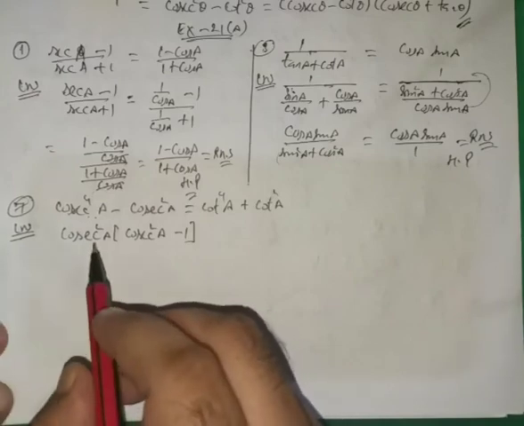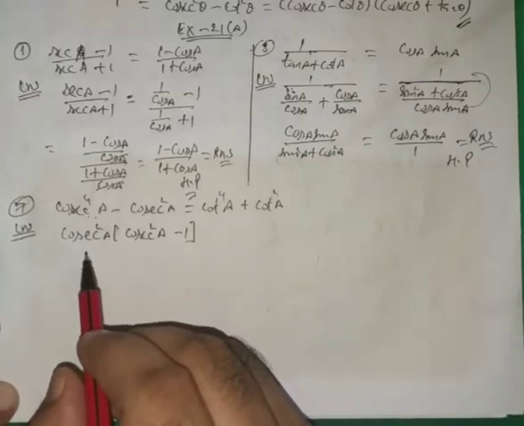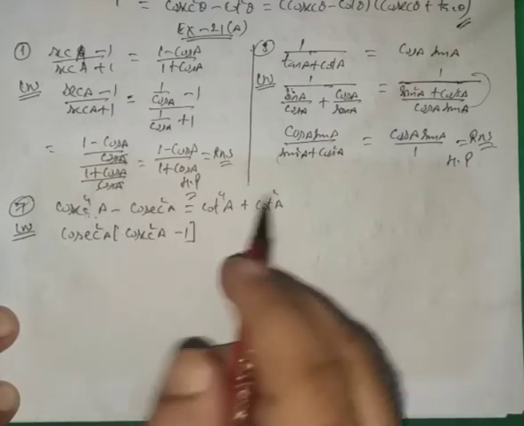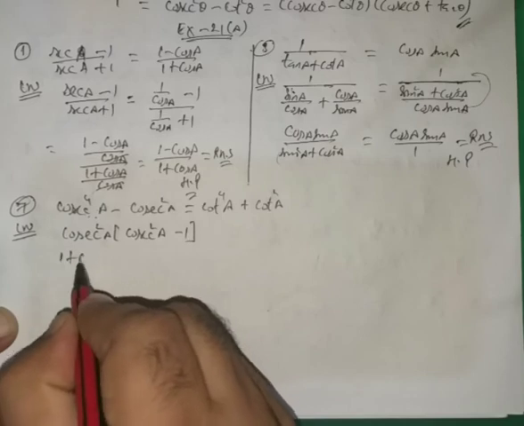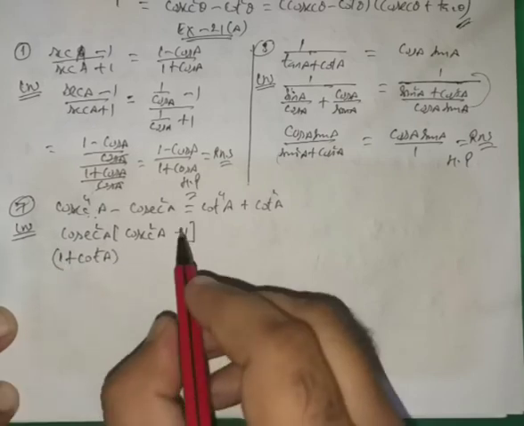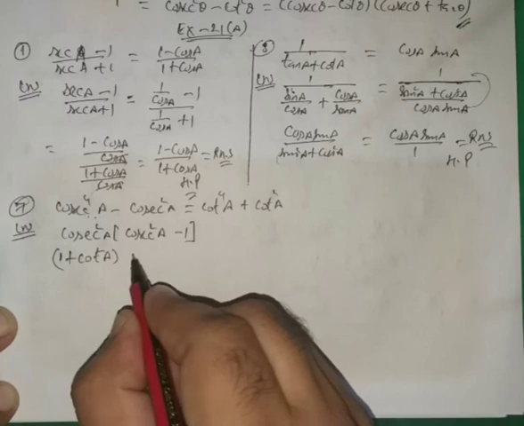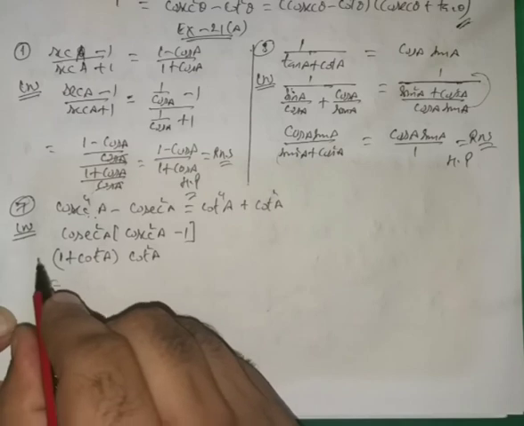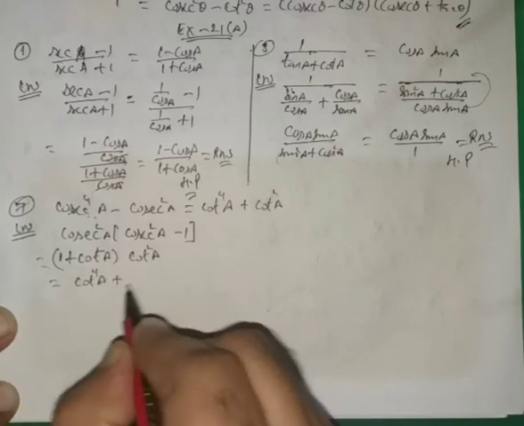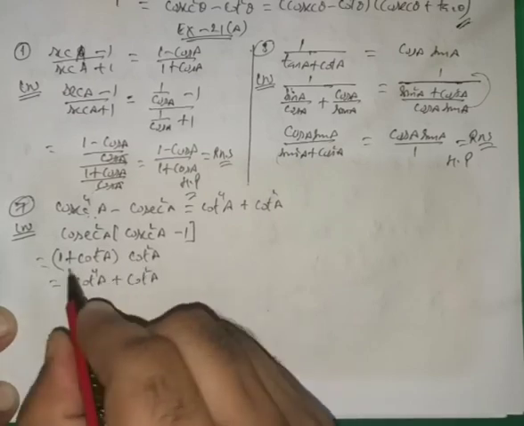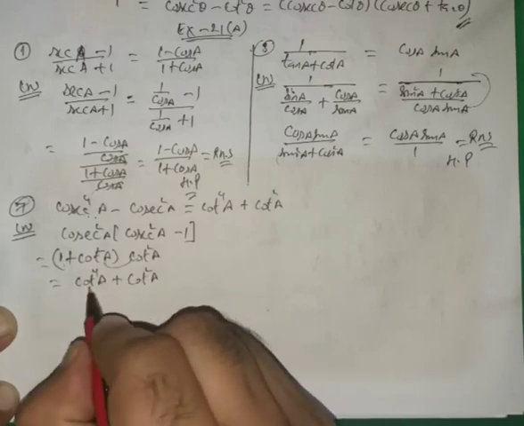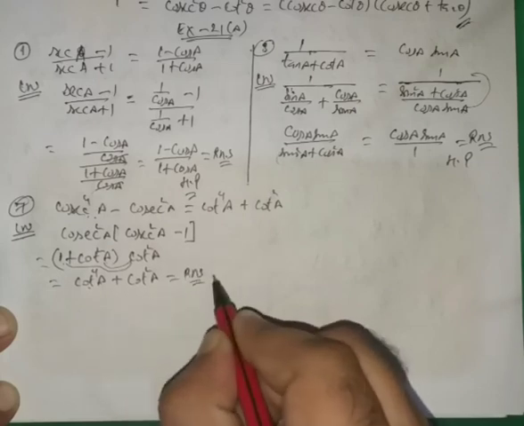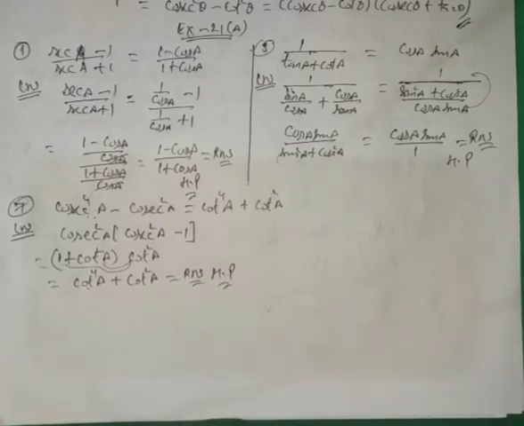So looking at the identities that we have done, cosecant square A is equal to 1 plus cot square A. So here we have to convert cosecant in terms of cot. So cosecant square A can be written as 1 plus cot square A, and cosecant square A minus 1 is equal to cot square A. So by using the identities, now I am opening these brackets, so this will be equal to cot raised to power 4 A plus cot square A. This will be multiplied to both, so I am multiplying this with this and writing it first, and then multiplying this with this. So this will be equal to the right hand side. So hence this question is also proved.